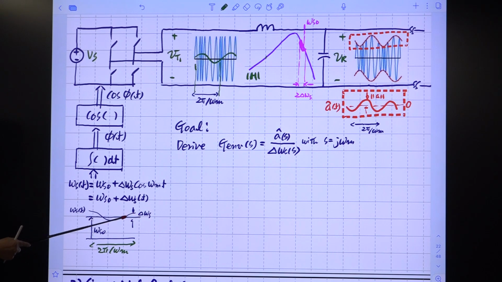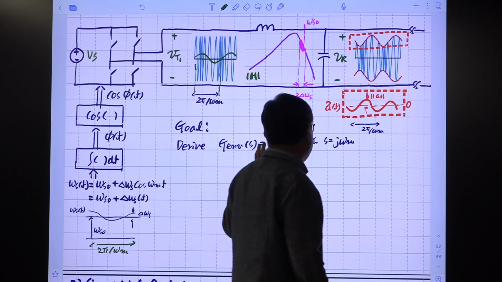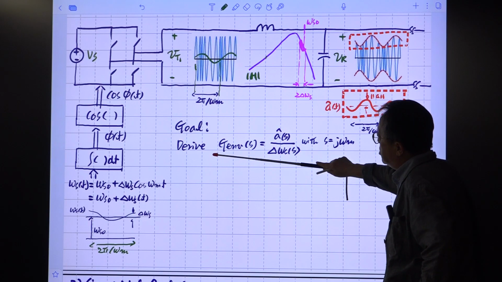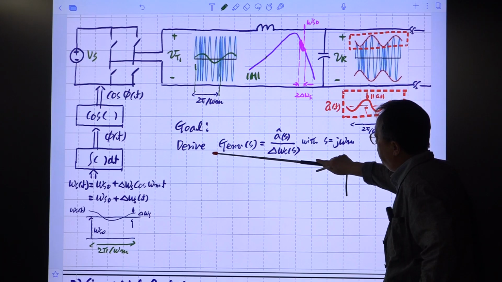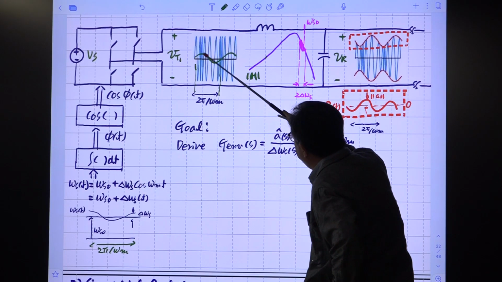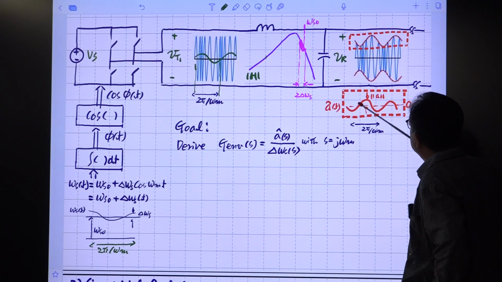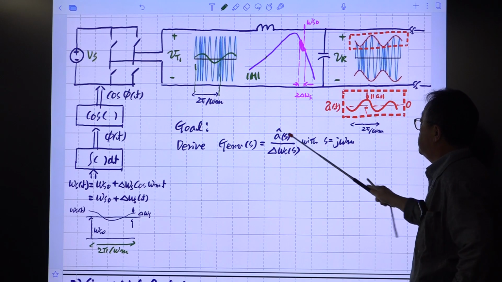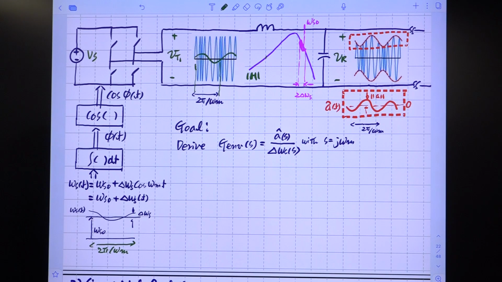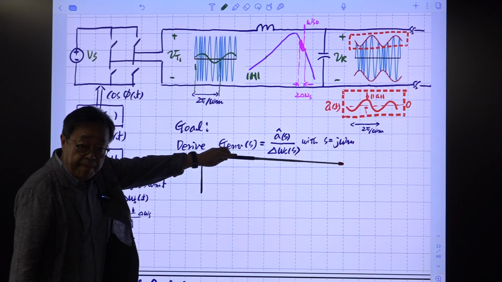This one, delta omega_s, is the input, and the variation of this one can be considered as the output. So that transfer function is called the frequency to envelope transfer function, G_env,s. The input of this is this time varying component, the sinusoidal modulating signal, its magnitude, and the output is this one. This is the sinusoidal waveform, okay? And this is called G_env,s, the frequency to envelope transfer function. And this axis is not omega_s, this is omega_m, right?